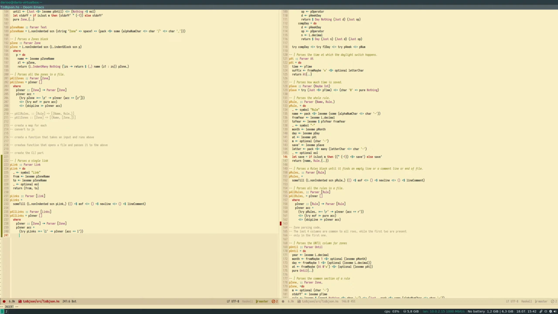Oh, we don't need to concat, we're already doing this here in our recursive function. If we got the end of file, we finish and we can return the result. Otherwise, we just skip the line and go on. So this one parses all the links in a file.